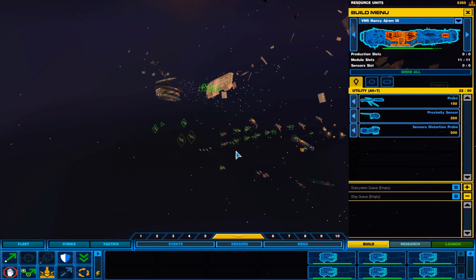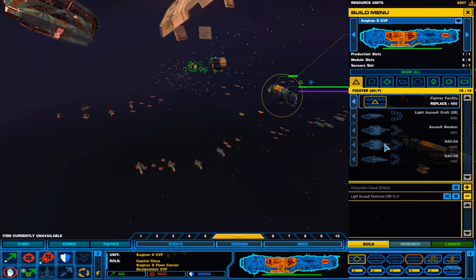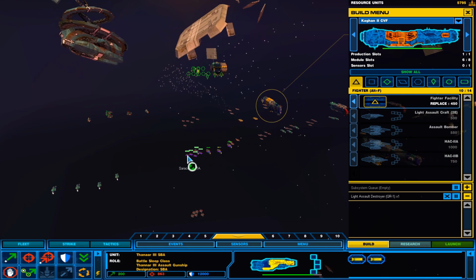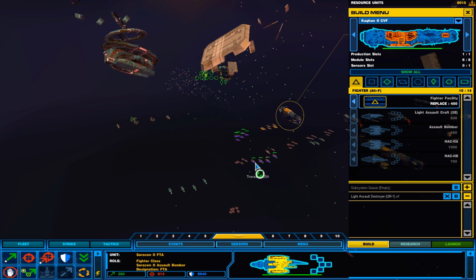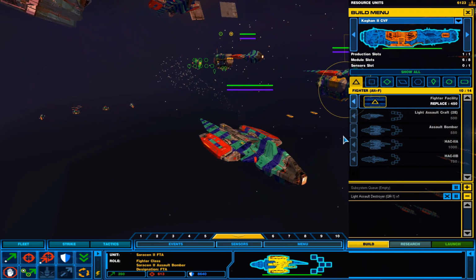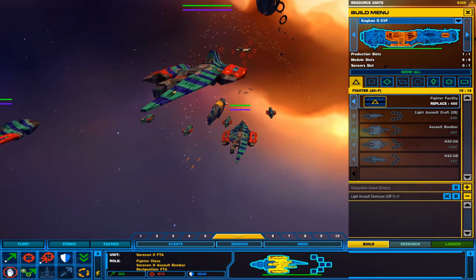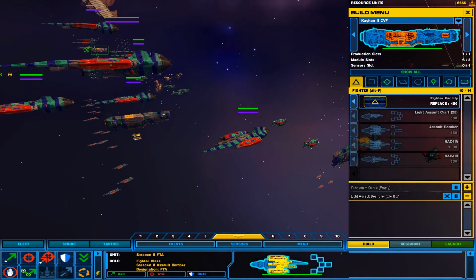But I will say on the Vaygr side, at least on this one, where are they? The Thanar, I think, is the ones that they are. The assault bombers. Oh wait, those are the missiles. The Sarkians do seem a little bit OP. And it could just be because the enemy hasn't thrown any corvettes, and that's their weakness, because these guys are good against fighters and capital ships. But they also haven't thrown any, like, flak frigates or...